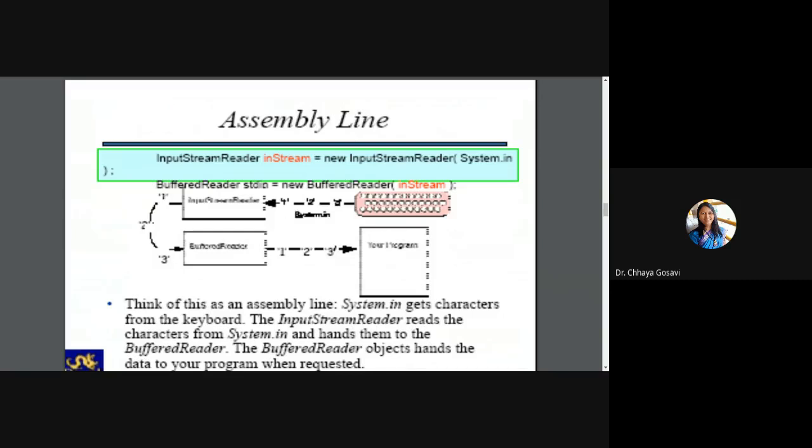So 1, 0 and then I press enter. That means 1, 0 is one number, or I want to enter 123. So 1, 2, 3 and enter. So these characters must be buffered or attached to one another till the user presses enter. We need this sequence 1, 2, 3 buffered together as one number, and then it is passed to a program. The program will calculate the value and send the result.